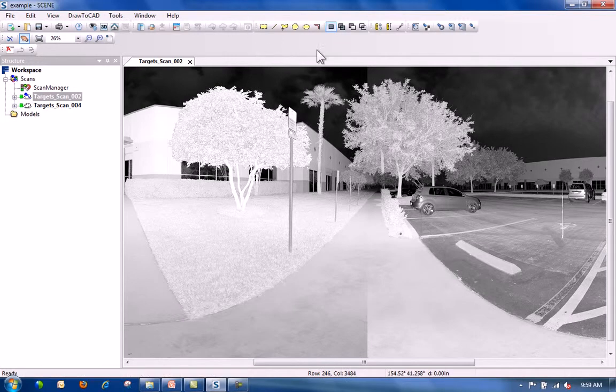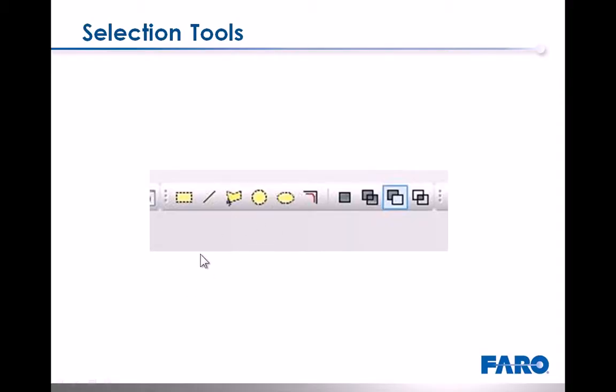Now we're going to look at these selection tools, but I'm going to blow them up a little bit bigger so that you can see. So the selection tools. These are available in a planar and a quick view. Use different selection tools in a 3D or a correspondence view. We've got the set on the left, which are shape selectors, and the set on the right, which are type selectors. The shapes we have available are rectangle, line,